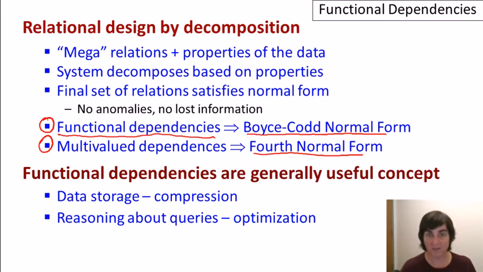And let me say that functional dependencies are actually a generally useful concept in databases, not only for relational design. Functional dependencies, as we'll see soon, are a generalization of the notion of keys. And they allow the system to, for example, store the data more efficiently when the system knows about functional dependencies. Compression schemes can be used based on functional dependencies for storage. And also functional dependencies, as a generalization of keys, can be used to reason about queries and for query optimization,